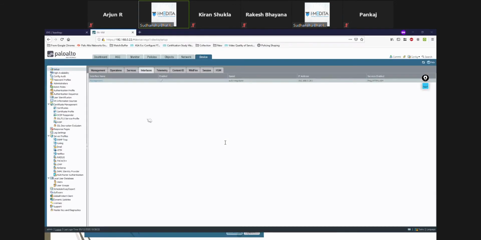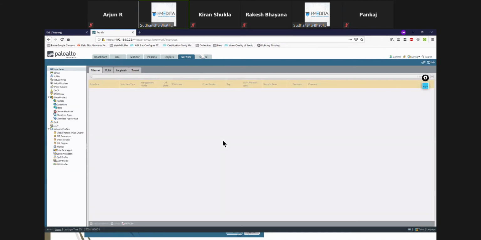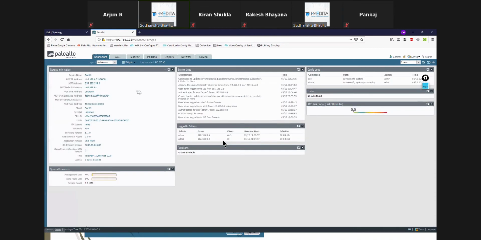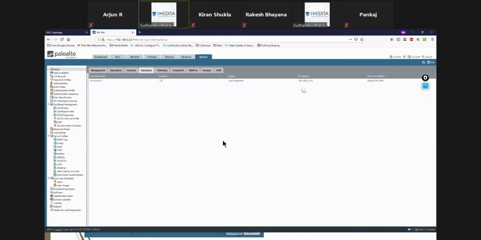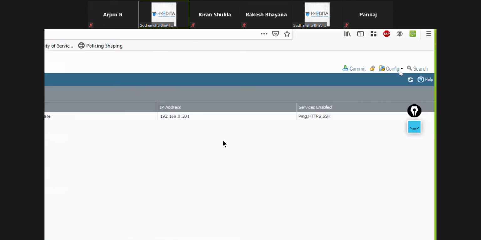Currently, although I have changed the IP address for the management interface, it has not taken effect. I can go and do other things on this firewall, and it is still going to utilize the same old IP address of 0.22, not the new IP address which we set as 0.201. So you need to commit any configuration that you want to take effect.